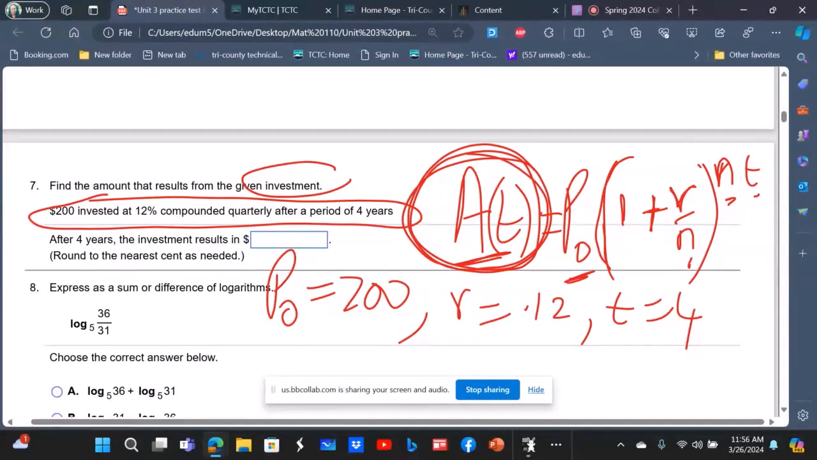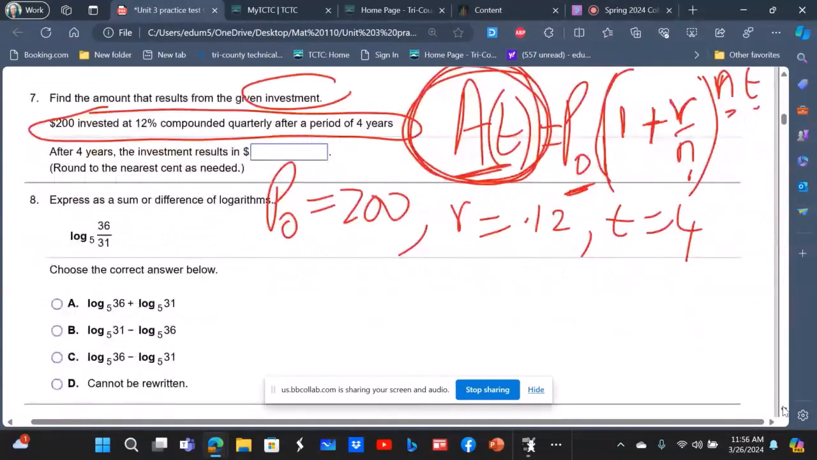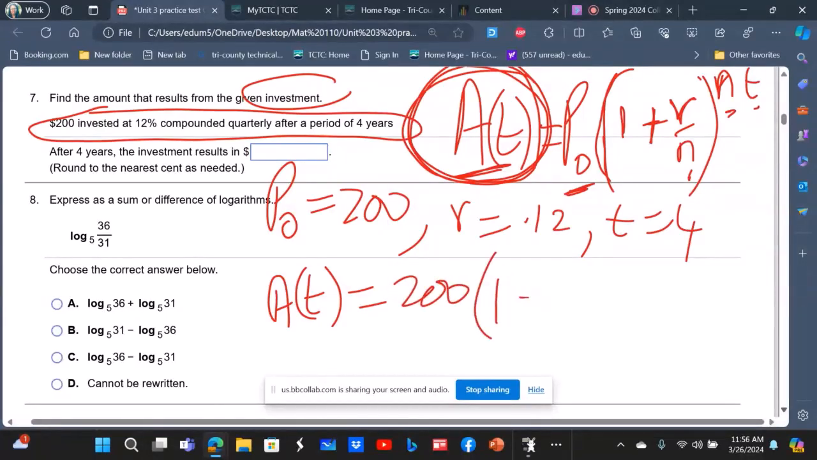They told me to find the amount after 4 years, so I know my answer will be in dollars. Okay, so that is what I'm looking for. Future value is equal to present value, $200, times 1 plus the rate, 0.12, 12%, all over